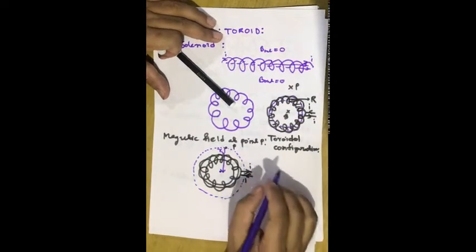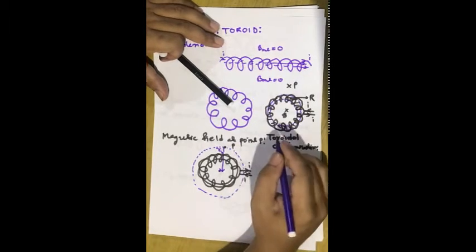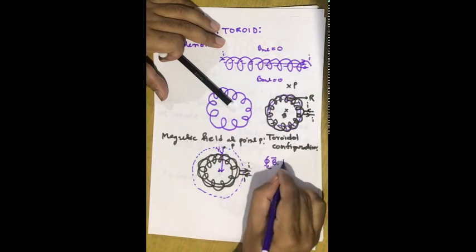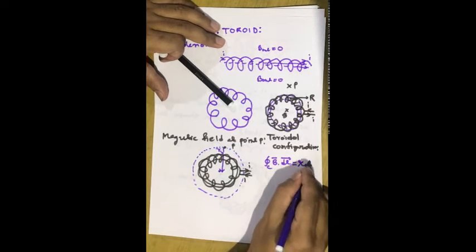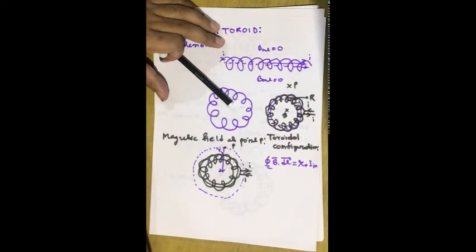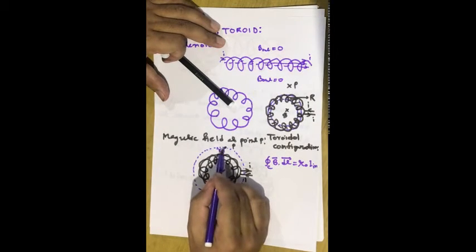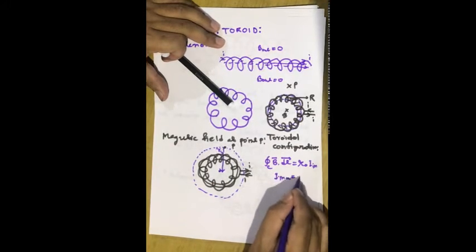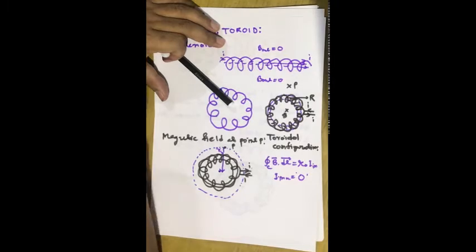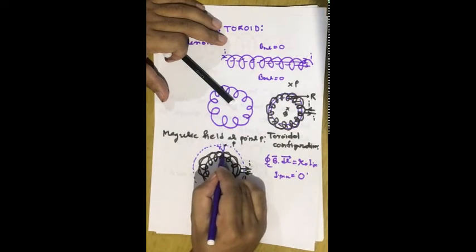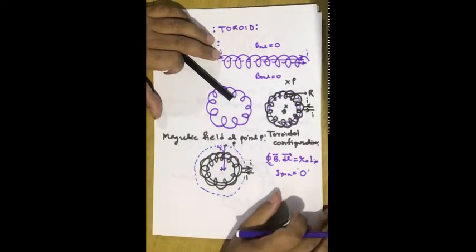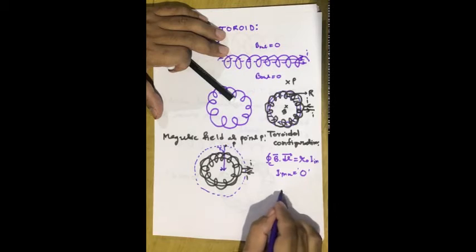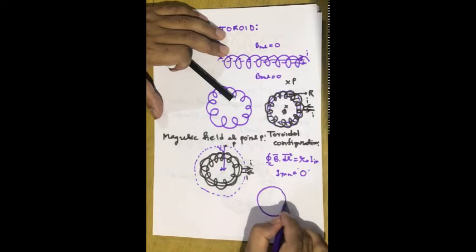Okay, now we have to apply Ampere's circuital law, which is basically the closed loop integral of B dot dl equals mu naught into I enclosed. Now you see, for a point P which is outside the toroid, the value of I enclosed is equal to 0. The reason is very simple. For example, if you see at this point, let me put it in an extended view. Then see what you can observe from the perspective of the point P.